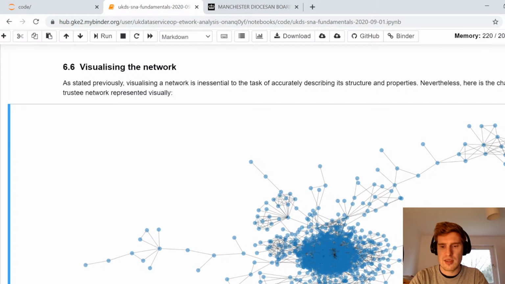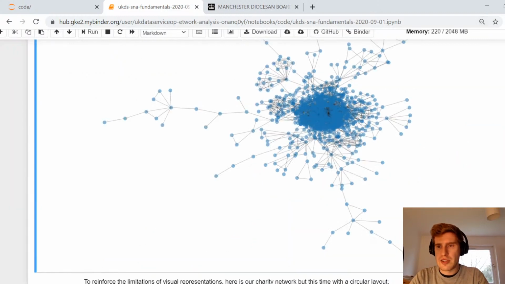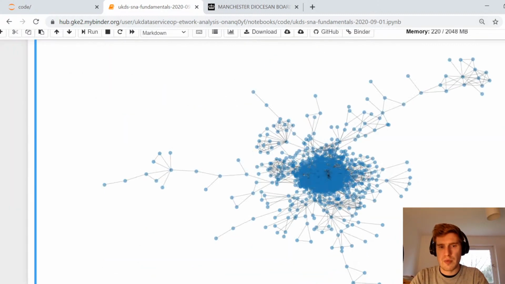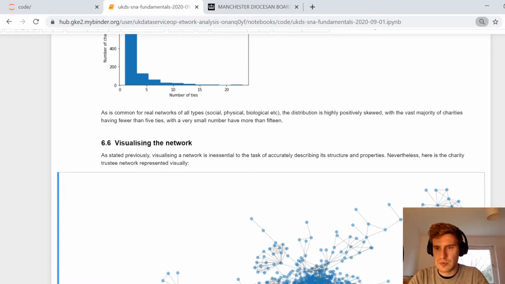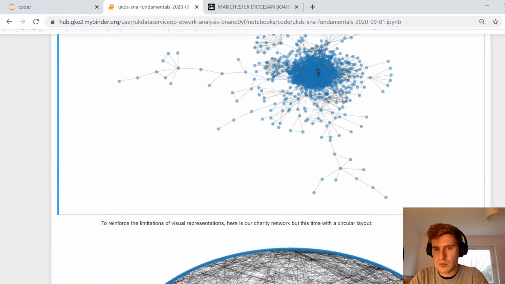And we can see this here. This is the Manchester Charity Network visualized. I'm just trying to get a better representation of it. Basically we can see that there's a large cluster in this network. There's lots of individual charities that are connected to 1 or 2 or 3 other organizations. And then on the outskirts of the network, if you want to put it that way,